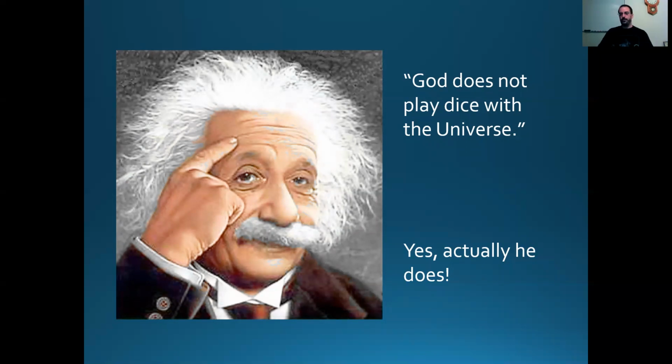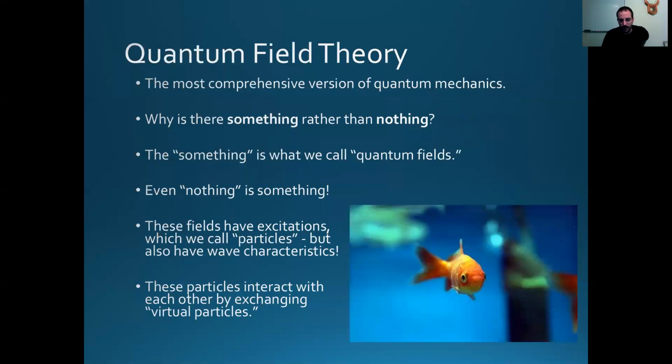God does not play dice with the universe. But it turns out he actually does. All of these crazy things I talked about have direct consequences in the laboratory, and we can actually measure them. These things like particles in two places at a time, particles interfering with themselves, an atom being in two states simultaneously, these have direct measurable consequences in the laboratory.